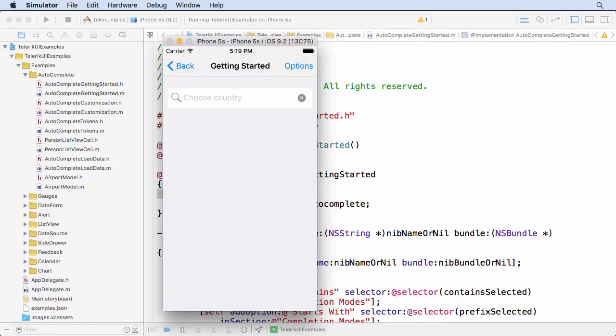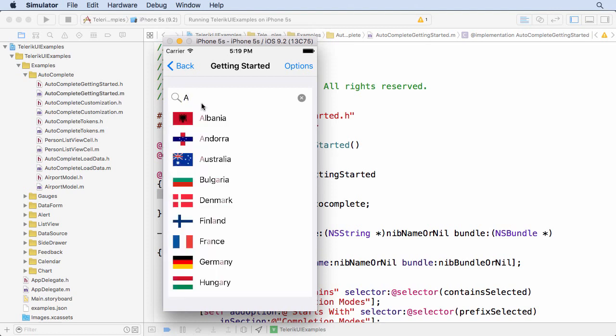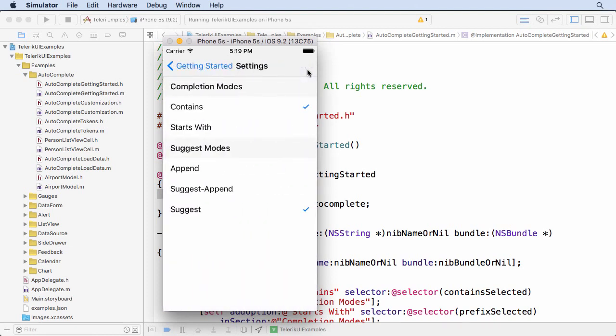Here I have a running application on my iOS simulator that shows our new autocomplete text view. For simplicity, let's examine how it works by default. When I type a letter into the autocomplete text view, I'm presented with a list of countries to choose from. Pretty simple. Tapping the Options menu shows me a list of customizations that I can select from to configure the